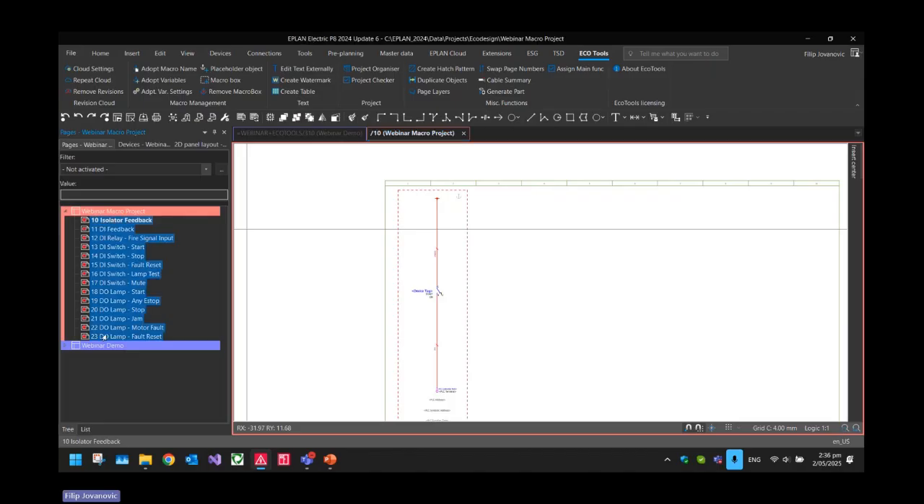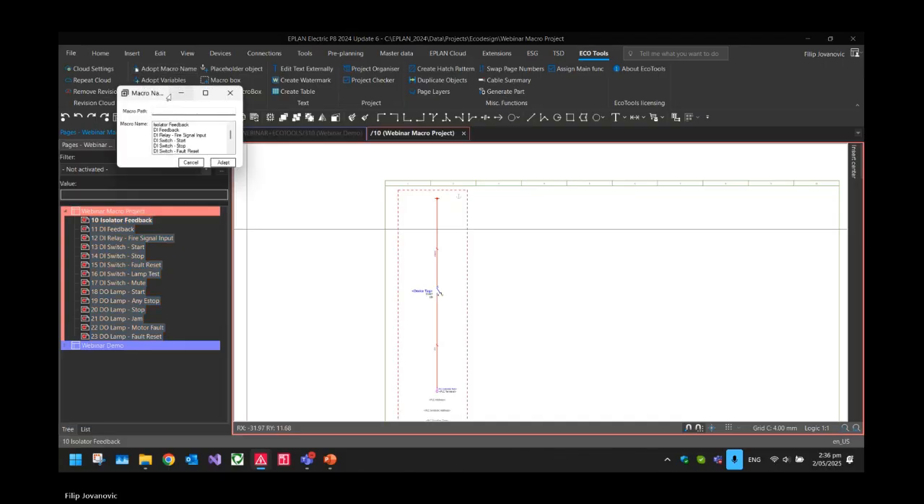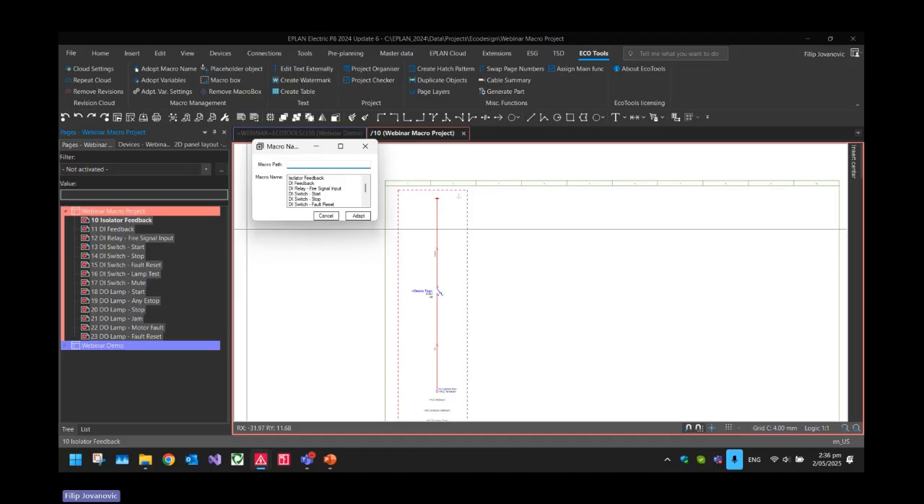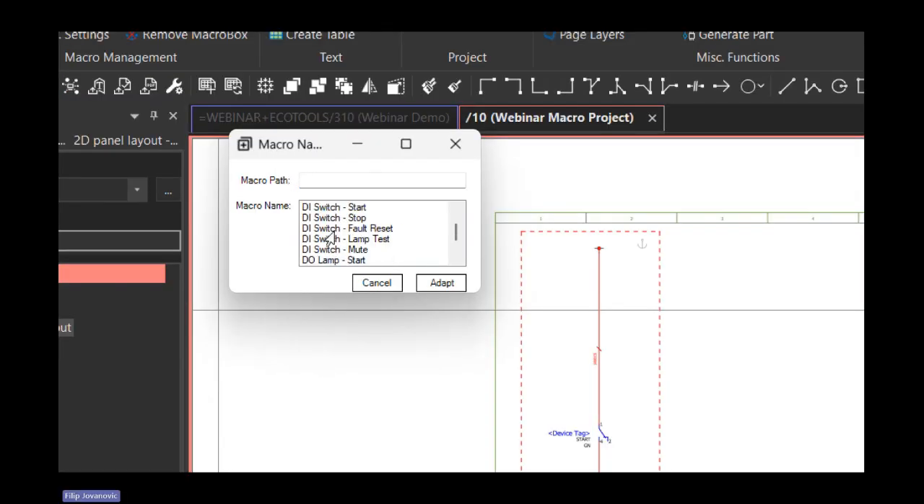So I'm going to select all of my pages, and I'm going to use adopt macro name up here. And if I just zoom in so you can see, these are all the macros that I have selected. This also works for page macros as well, not just window macros. I'm going to choose a path. Let's say demo path. I'm happy with that, demo path. And if I go adopt,